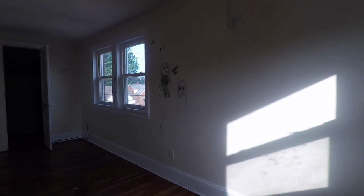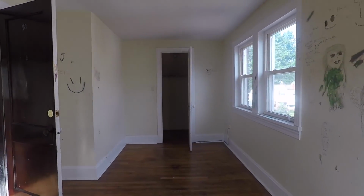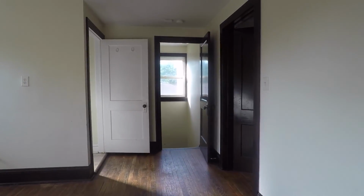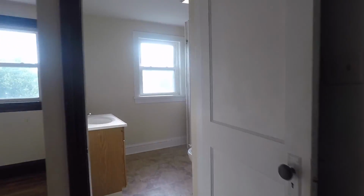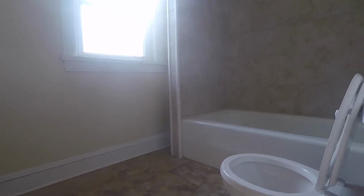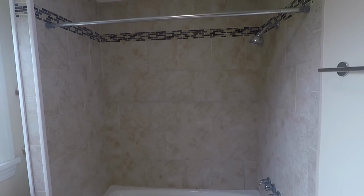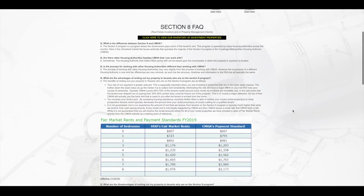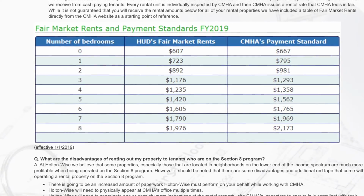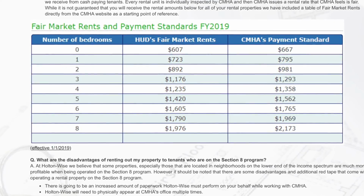So we're going to need you to spend a little bit of money just cleaning this up. But once you do that, because we've got the 2 bathrooms and the 4 bedrooms, we can take this to Section 8 and we can get a ridiculous amount of rent. Now, if you look at the Section 8 FAQ on HoltonWise.com, you'll see that CMHA typically pays up to